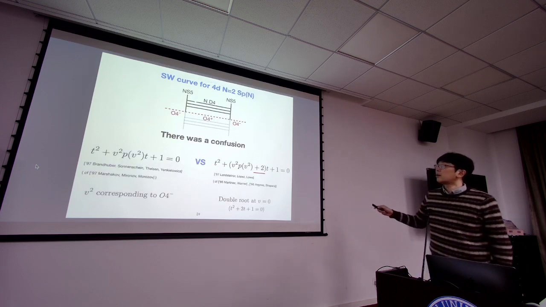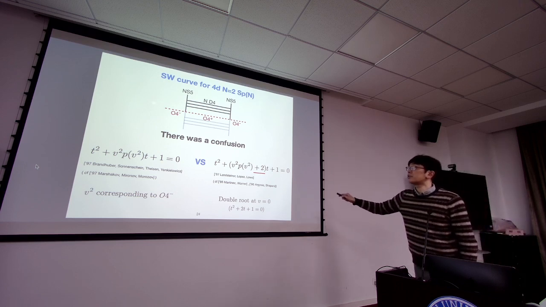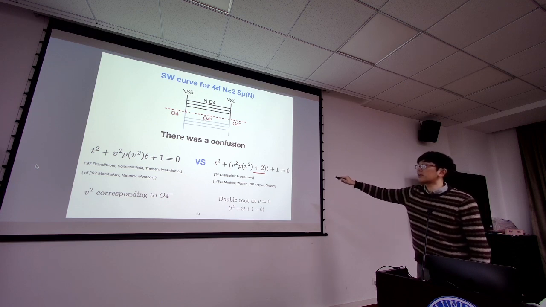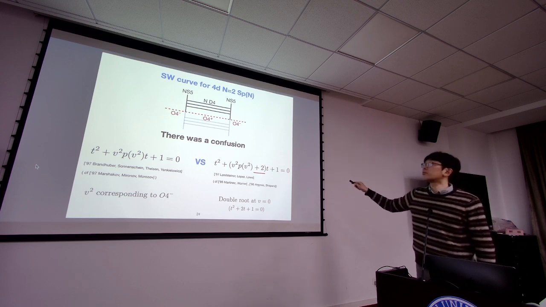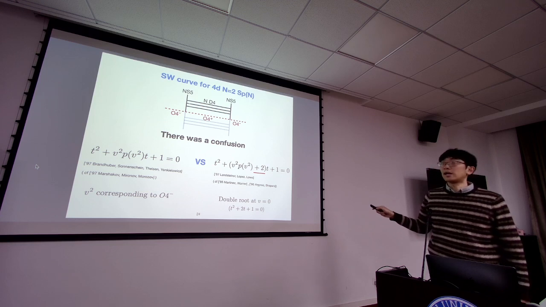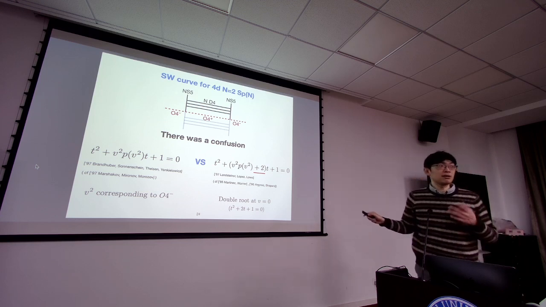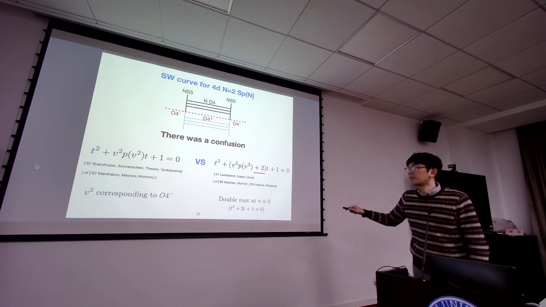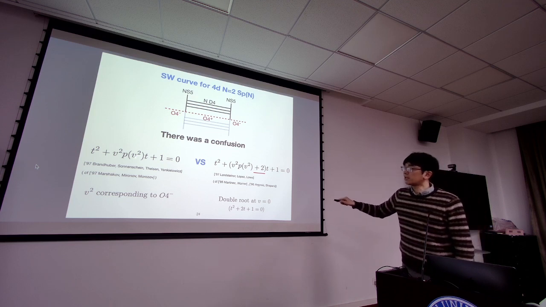However, the Seiberg-Witten curve for 4D SPN gauge theory is given by changing the charge of this O4 minus. Previously it was plus, minus, plus. This time minus, plus, minus. And this corresponds to the SPN gauge theory. And in computing the Seiberg-Witten curve based on this, actually there was a confusion. One of the groups says that this is the result for the SPN gauge theory. And the motivation of writing it like this is that